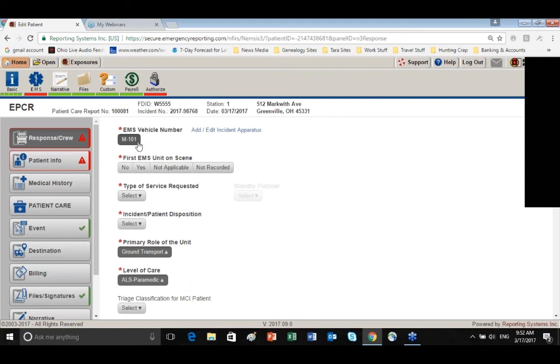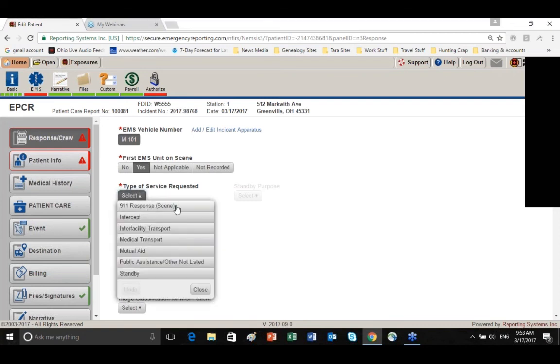And you may have noted when I selected Medic 101 that the primary role of the unit and level of care at the bottom of the screen currently auto-populated, and this is from my vehicle data on my apparatus list. I'm going to indicate that this was the first EMS unit on the scene, and we're going to come down and select the type of service requested. For most of us, this will be the first block here, 911 response to a scene,